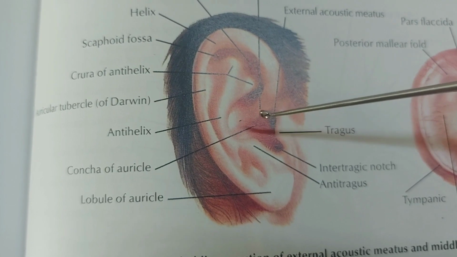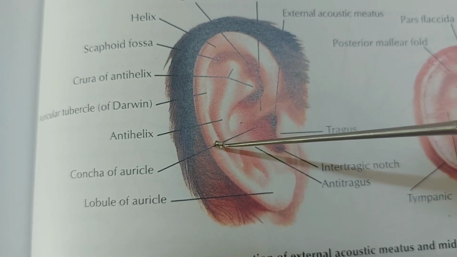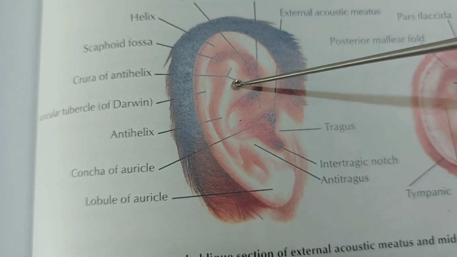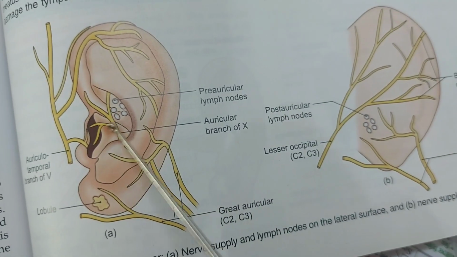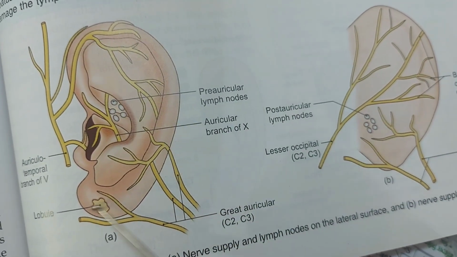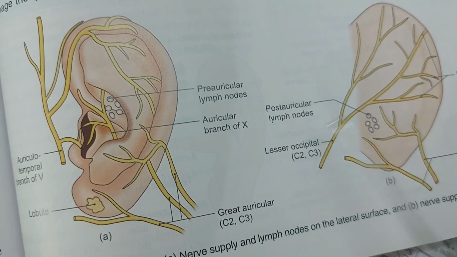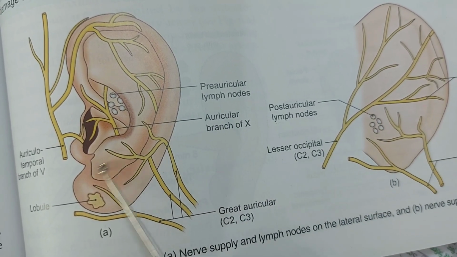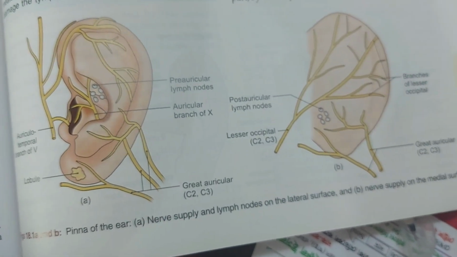This pinna is a highly innervated structure, and this upper part has different nerve supply in the anterior and the posterior part, but the lower part has the same nerve supply. Here we see the nerve supply of the lower part. Here we see the anterior face of the pinna and the posterior face of the pinna. Here we see that this lower part, both anterior and posterior sides, is supplied by the greater auricular nerve. Here is the greater auricular nerve.